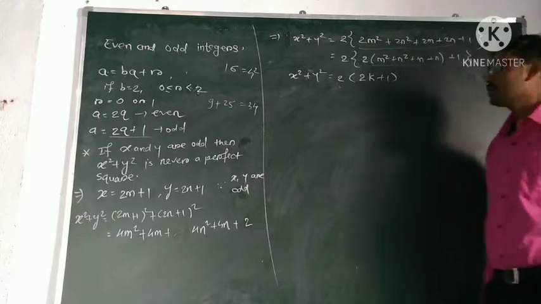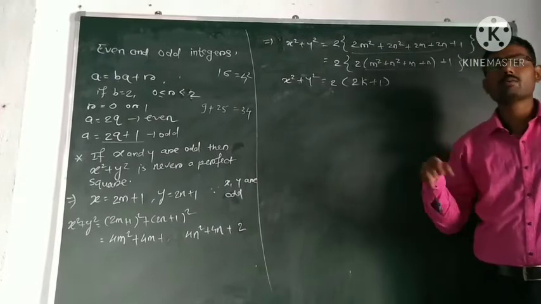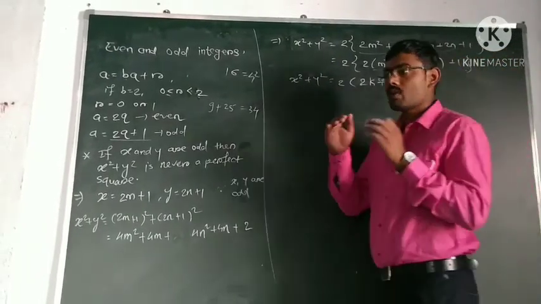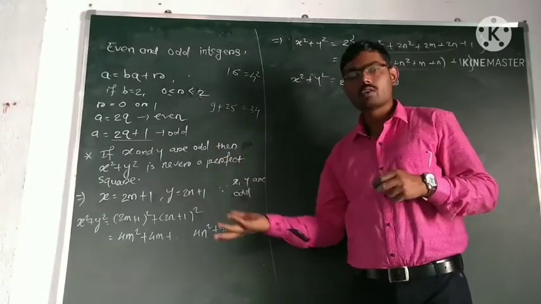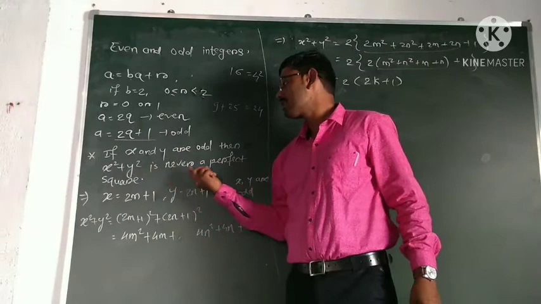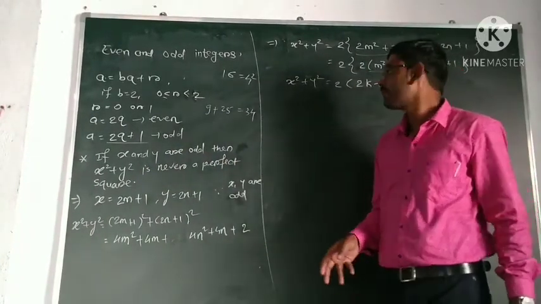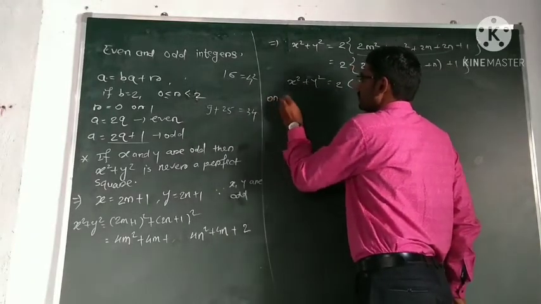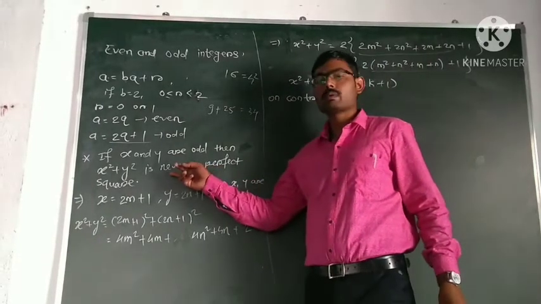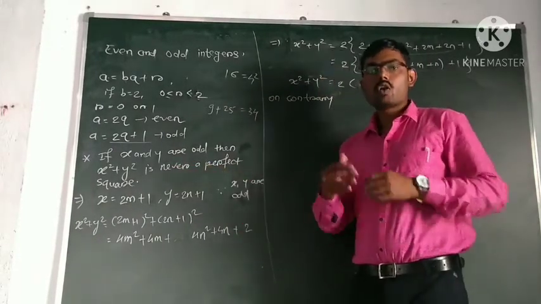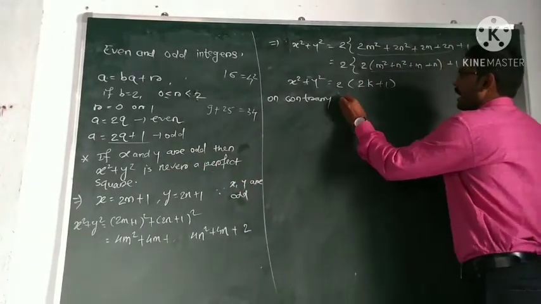Now we have to show x square plus y square is never a perfect square. We will prove this using the method of contradiction. The method of contradiction means we assume the negative of what we have to prove. We have to prove x square plus y square is never a perfect square, but we will assume it is a perfect square and we will get a contradiction. So, on the contrary, we assume